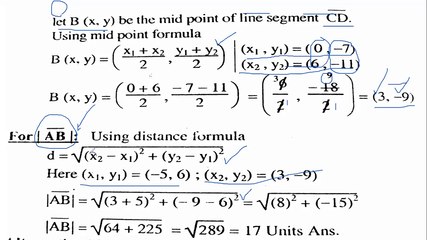Here you can see x2, check in the data, the value of x2 is 3. So here we have 3. Then there is negative x1, and x1 is itself minus 5. Negative multiplied by this negative becomes positive 5. Here you can see positive 5. 3 plus 5 becomes 8 square, and minus 9 minus 6 is minus 15 square. 8 square is 64, and minus 15 square, convert this negative into positive, 15 square is 225, and their sum is 289. And the root of 289 is 17, because 17 multiplied by 17 gives us 289. So its answer is 17.